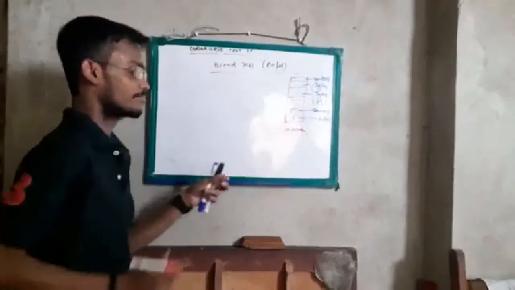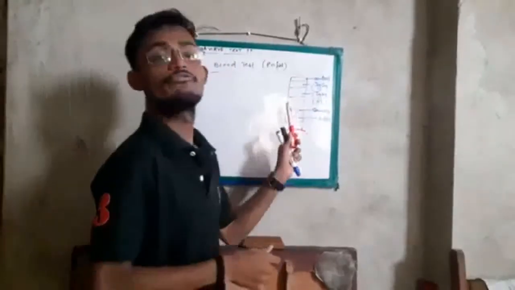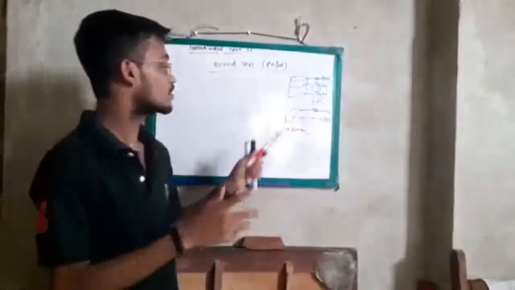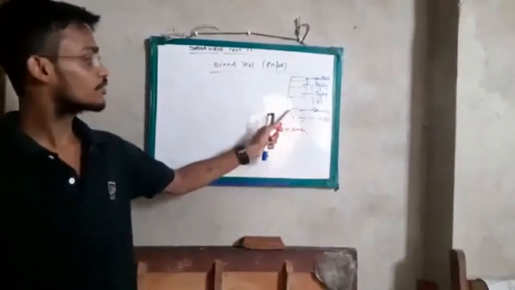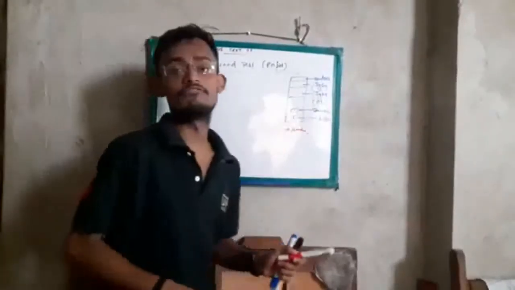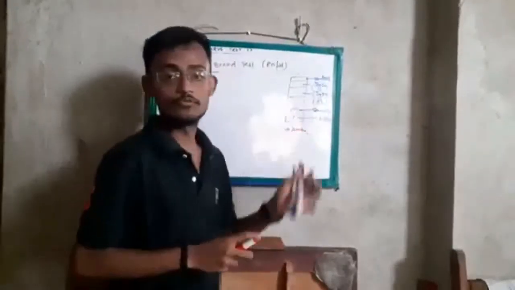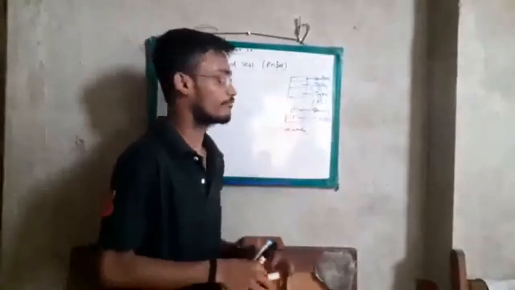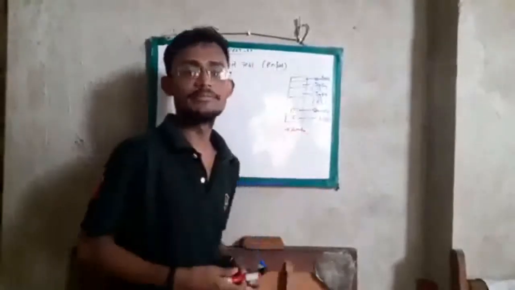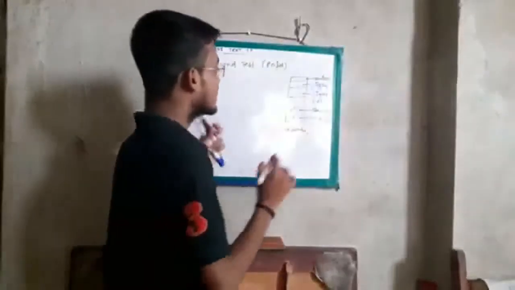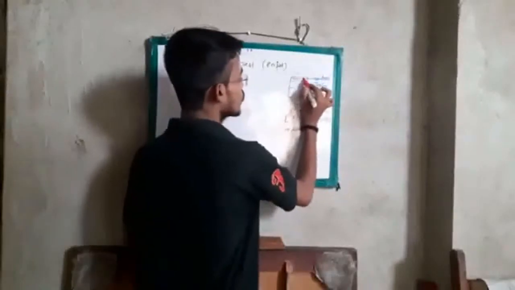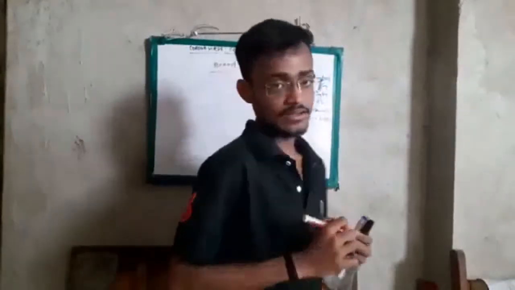Only 10 microliters of blood is enough to test. After putting the sample, we need to put the buffer, the buffer which is given with the kit. Okay, we need to put the buffer. After 10 to 15 minutes, we will be able to see that there is a line in the control section.